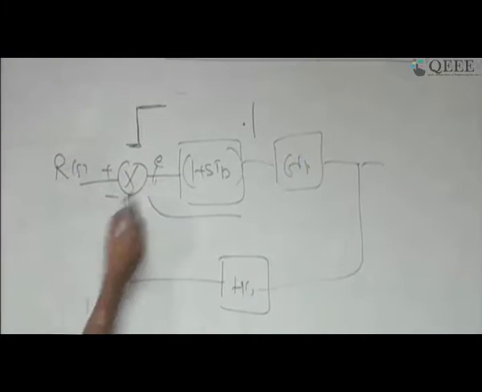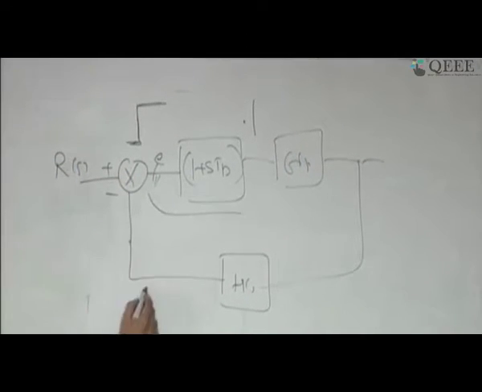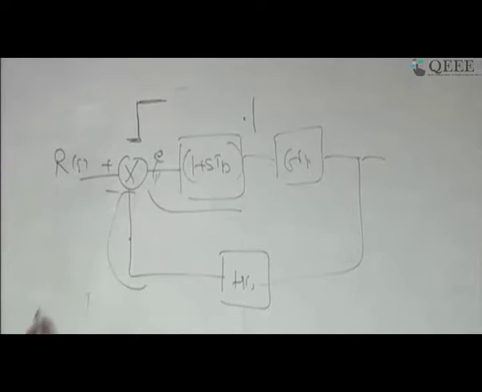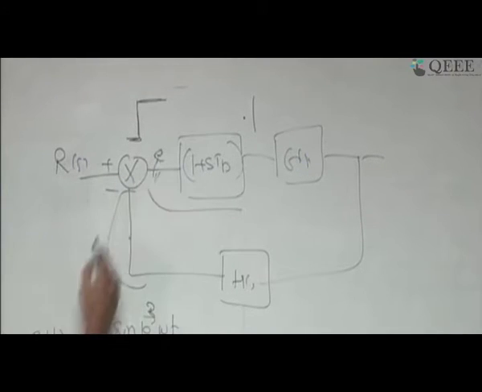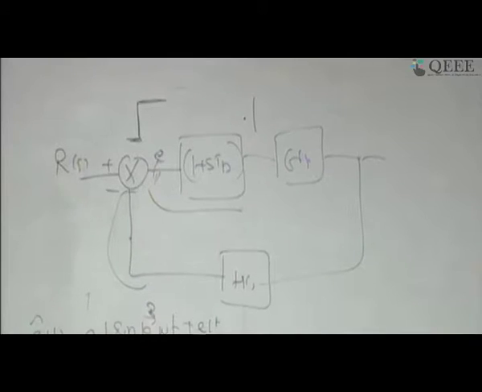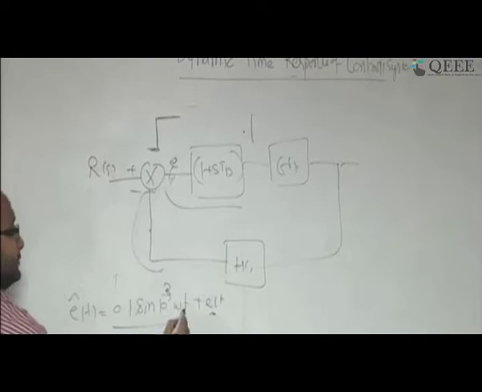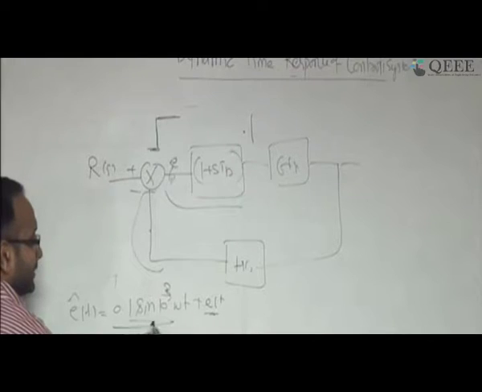Let me say this is my sinusoid signal, and let me call this e, like 0.1 sin(10^3 ωt). Here what I want to highlight is that along with the error there is one more term, which we call a noise term. In this there is an actual term plus a noise term also. Let me call it e hat(t). This is the actual term that has to come, but because a noise term has entered, this is e(t) plus the noise term.